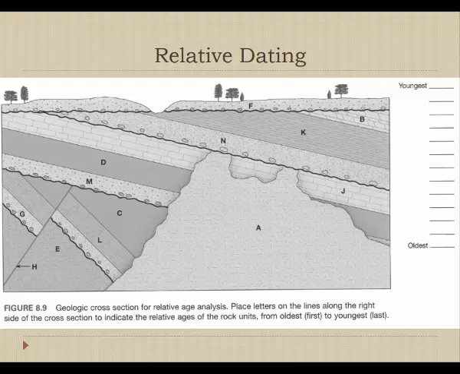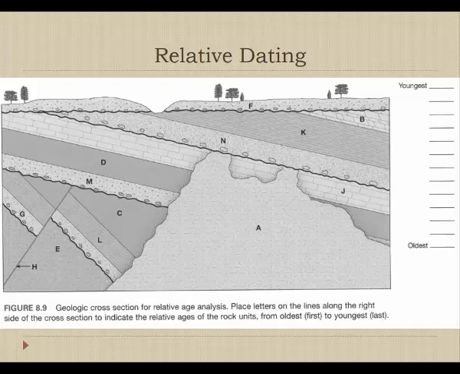Okay, I'm back. So now that you've paused and spent a little bit of time to think about it, what I would recommend is that you always start from the bottom. In this case, we have two layers on the bottom, layer E and layer A. Layer A appears to me to be an intrusion, some sort of magma chamber from the way that it's shaped. And so I think that A probably cut through E, and therefore I would say E is likely the oldest